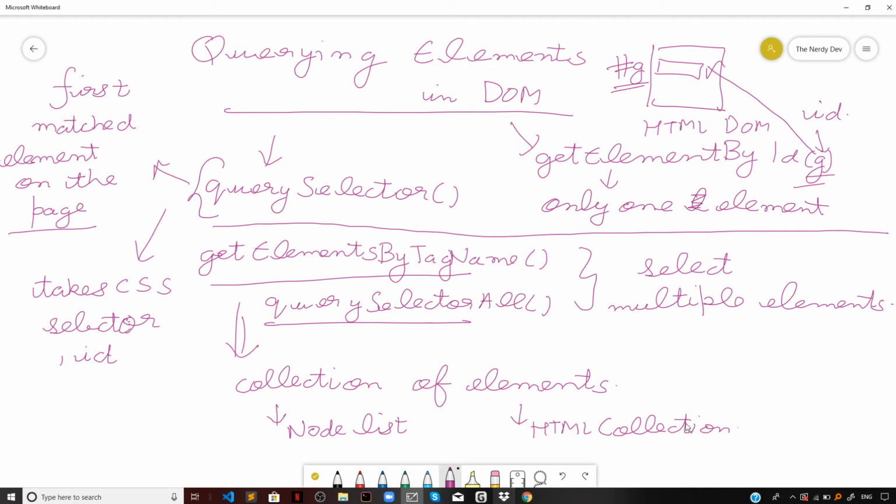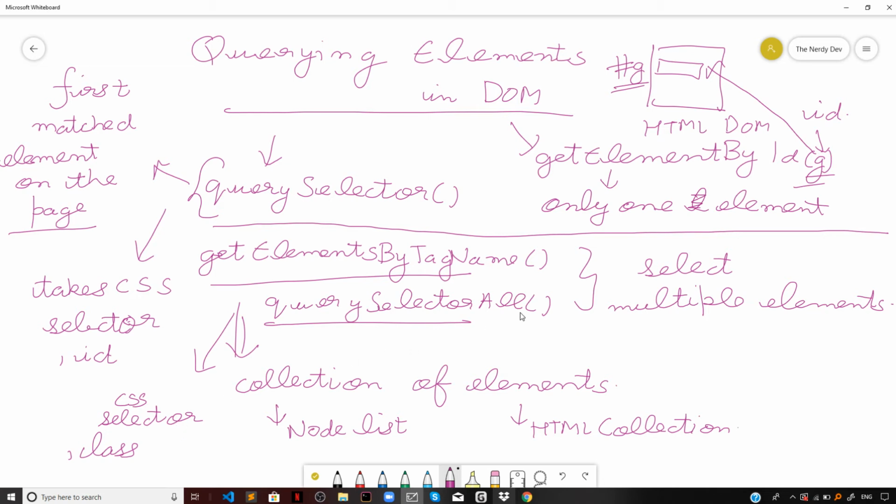So it is not a real array, but it behaves a bit like an array. To be precise, here also you have different ways of querying the elements: by CSS selector, by tag name, by CSS class as well. So the ways to query are CSS selector, or say class. We have a method called getElementsByTagName. So we can select by tags, and we can